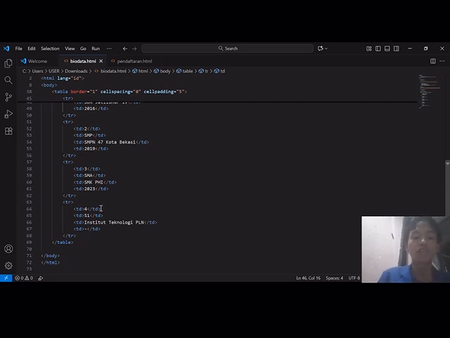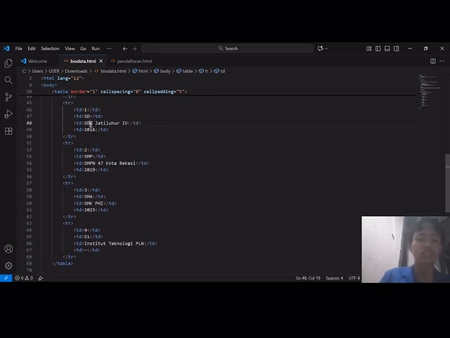For example, the first row lists SDN Jatiluhur 4, with a graduation year of 2016.